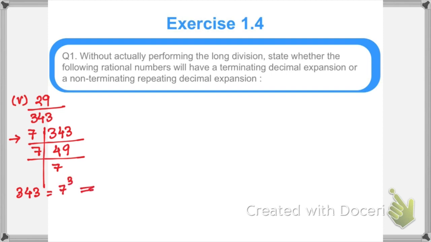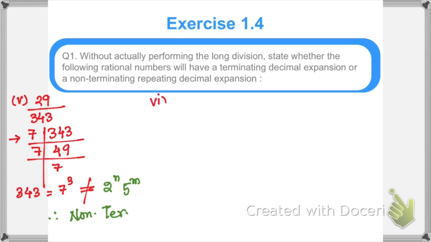So this is again not of the form 2 to the power n 5 to the power m. So since it is not of the form 2 to the power n 5 to the power m, therefore this one is a non-terminating or recurring decimal expansion. Now the next question is